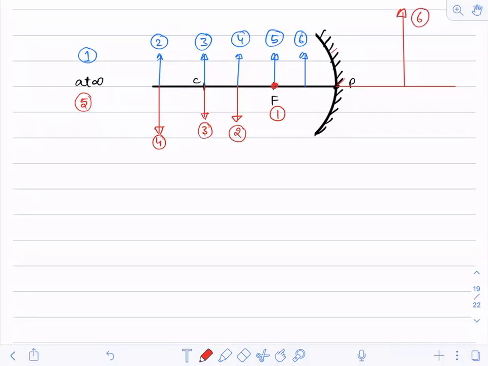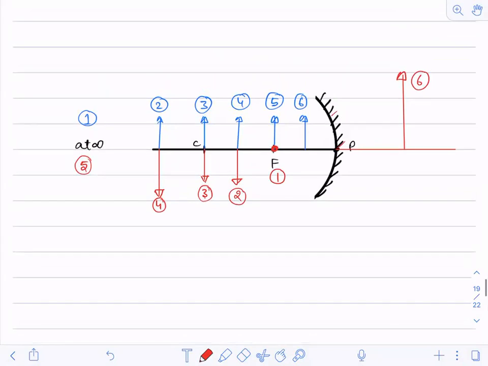I guess most of you will be able to get the pattern. Are you able to understand this trick? How to remember the positions? You will never forget, okay? Whole life you will never forget the position of the image with respect to the object.